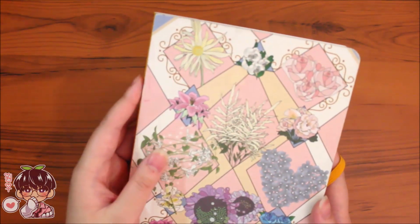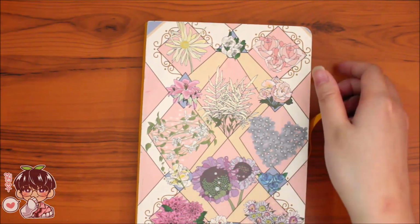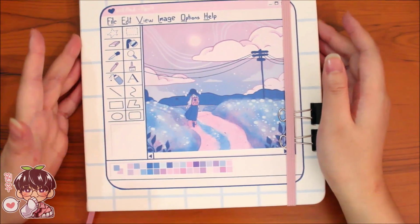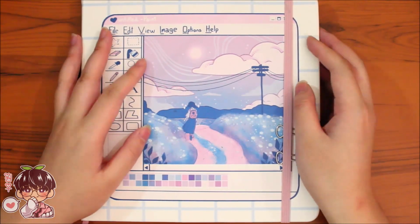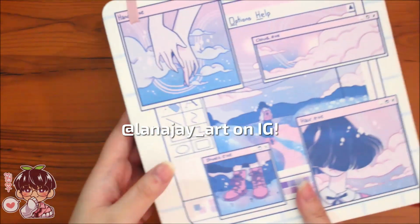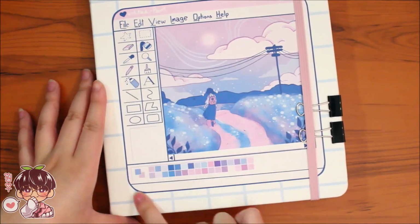I'm gonna give you guys a sneak peek of my new sketchbook. So yeah, let's do that. So this sketchbook is done, and this is my new sketchbook. So this is, I think, going to be my last expensive sketchbook. This is from Lana J on Instagram. I believe she also has Twitter. But I really love the aesthetic of this so much. It's so pretty. I love the colors. I love the simple...